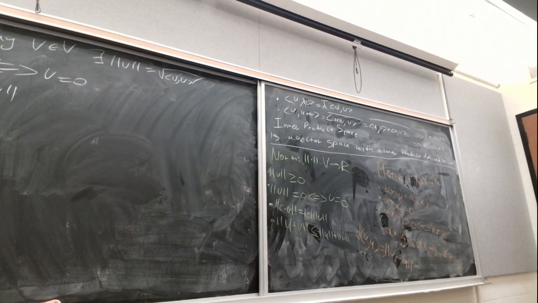So another definition is when the dot product is equal to 0. When is it 0? Cosine theta. Orthogonal, yeah. So another definition of